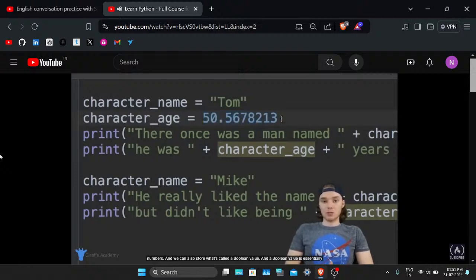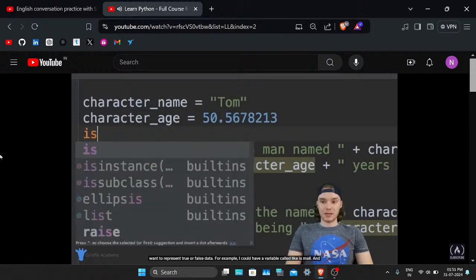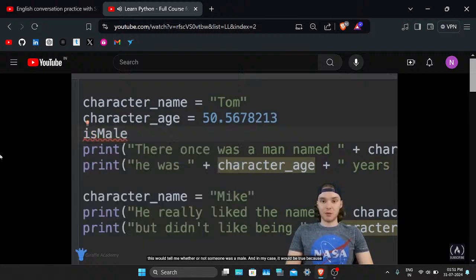And we can also store what's called a Boolean value. A Boolean value is essentially a true or a false value. And there's a lot of instances in programming where we're gonna wanna represent true or false data. For example, I could have a variable called is male. And this would tell me whether or not someone was a male. And in my case, it would be true because I'm a guy, right?